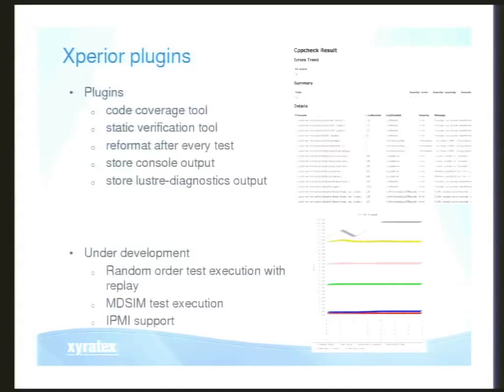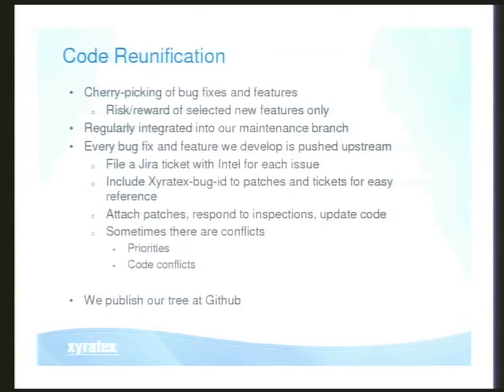So finally, how do we reconcile our individual code tree with the upstream canonical code tree? The first thing we do is we cherry pick bug fixes and features from the upstream tree that we like. So right now our baseline is Lustre 2.1, and obviously the canonical tree is all the way up to 2.4. There are plenty of nice features that are in those